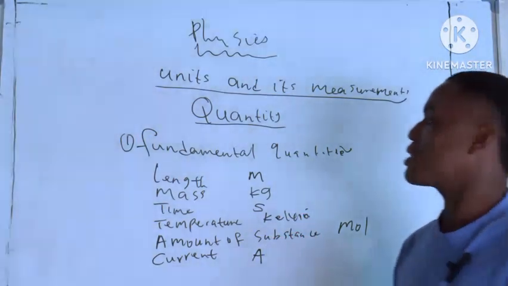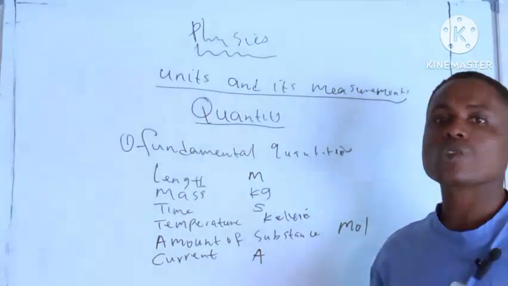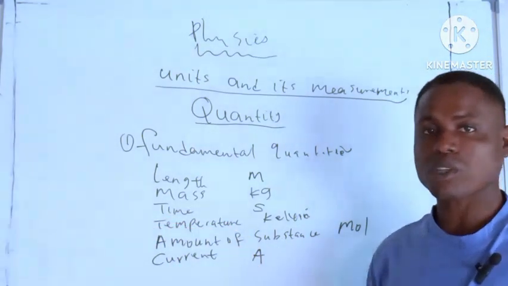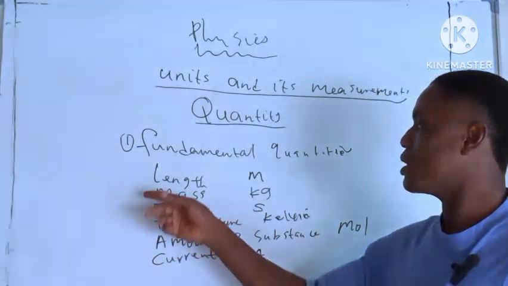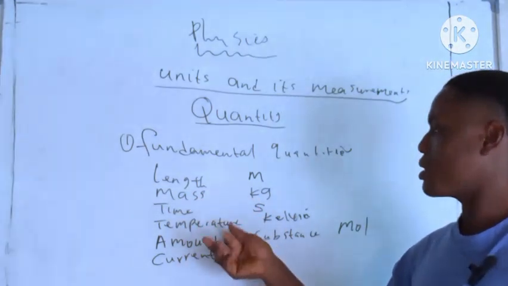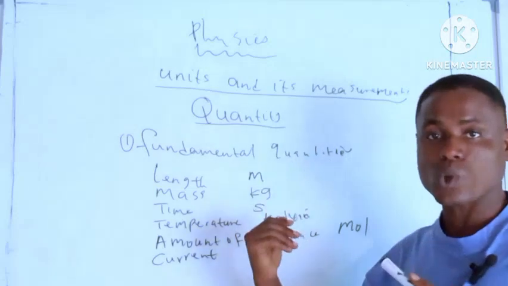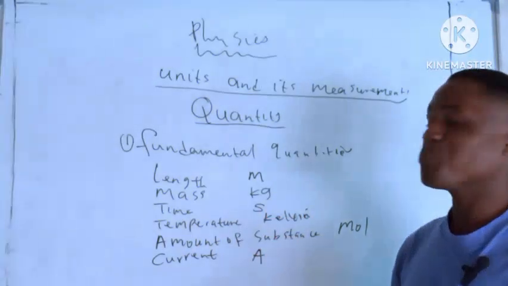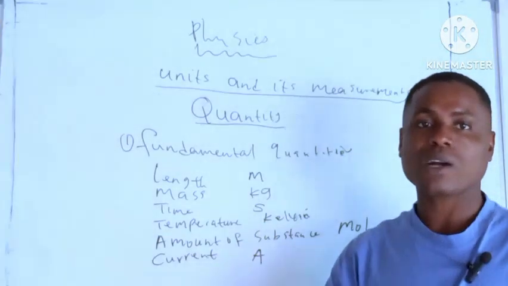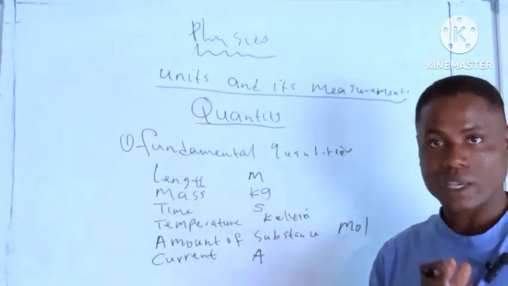Are you getting it? So I said the derived quantities are more than the fundamental quantities. So during the exam, they might ask which of the following is not a fundamental quantity. Option A, they can put length. Option B, they can put mass. Option C, they can put temperature. Option D, they will put another quantity. So make sure you know all the examples of both fundamental quantities and derived quantities so you can easily attempt this type of questions. Are you getting it now?